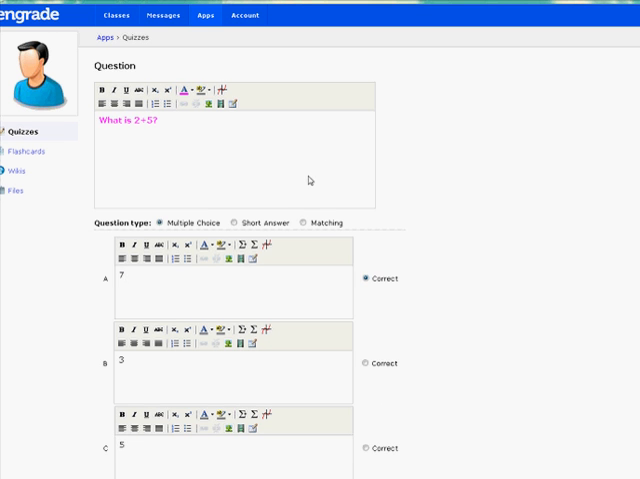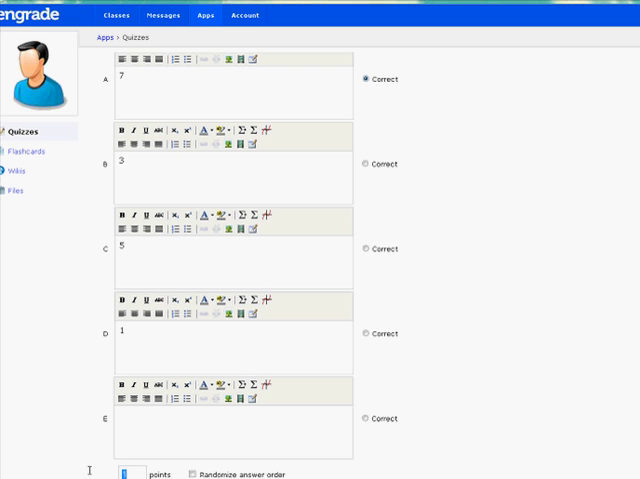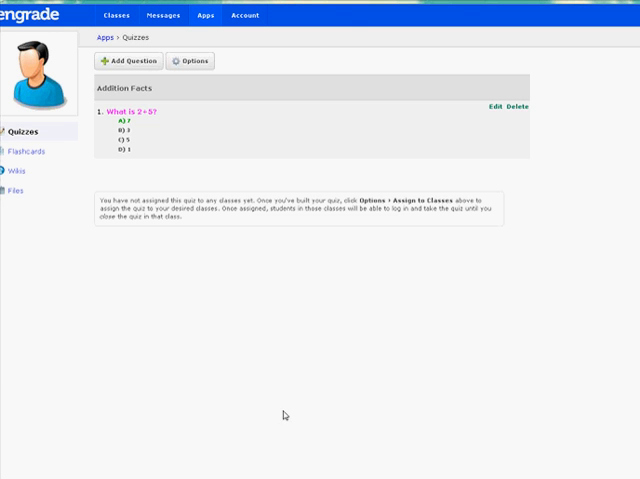So we'll go ahead and scroll down. We can choose the number of points. Maybe this is a harder question. I'm going to give it 5 points. I can also randomize the answer order. And then I'd save my question. So there's my question. I'm going to go ahead and preview so that you can see how a student would